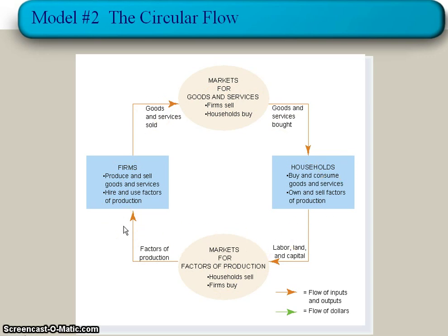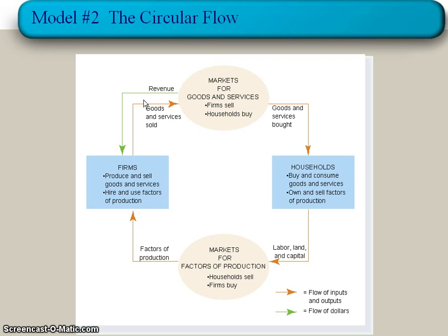Now, let's just check the green arrow out now because I think that's a little easier to understand. That's how money flows through the economy. So this orange arrow kind of explains how stuff flows through the economy. Things, goods and services, labor. Here's how money flows through. In the product market, think of it this way. Firms take in money when they sell things. You guys already know that term.